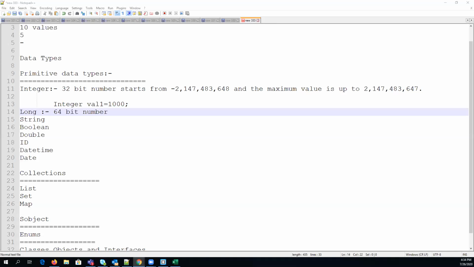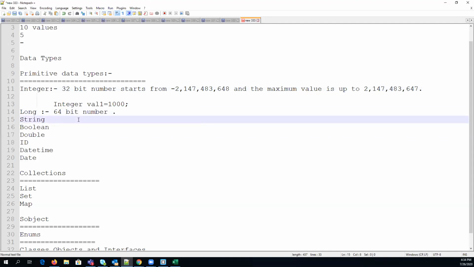You can simply use it as per your requirement. If you are in a banking system or any kind of finance domain, then you will need to use long. Otherwise, integer is always sufficient for you guys. Okay, cool.